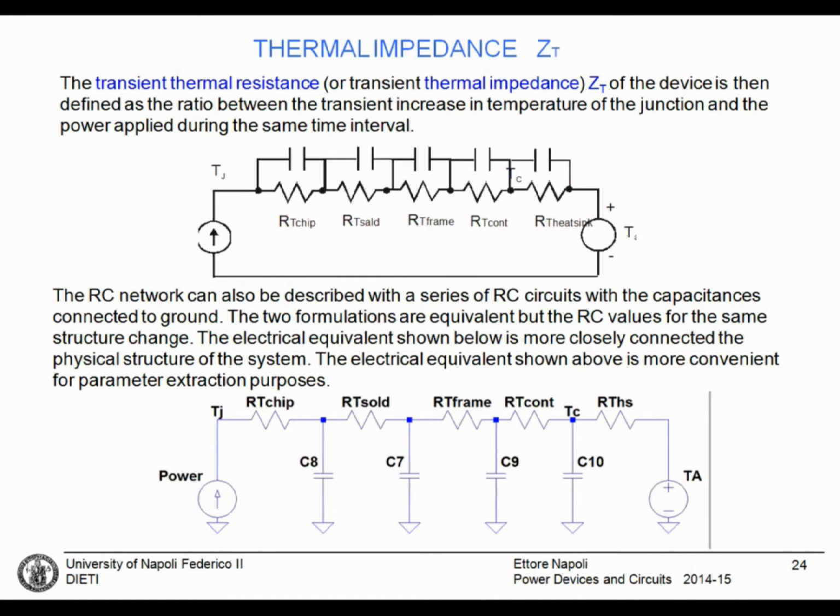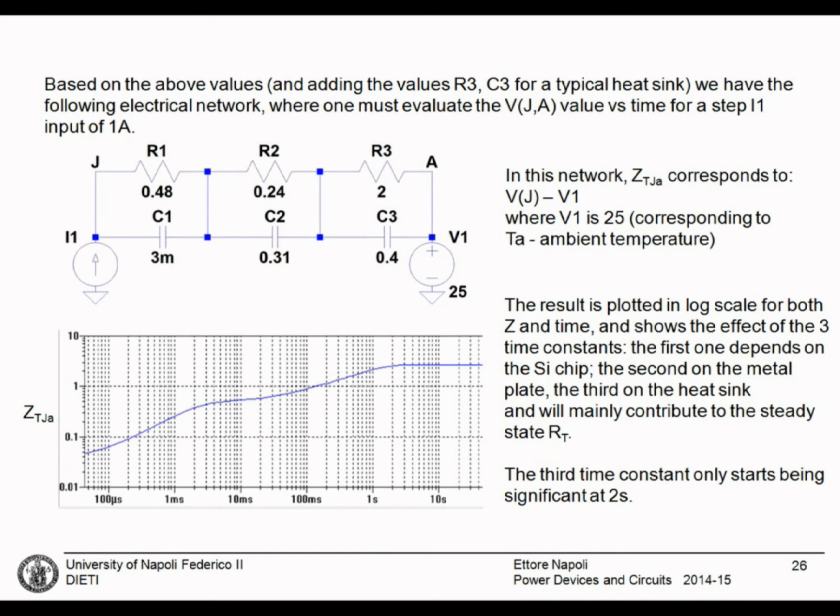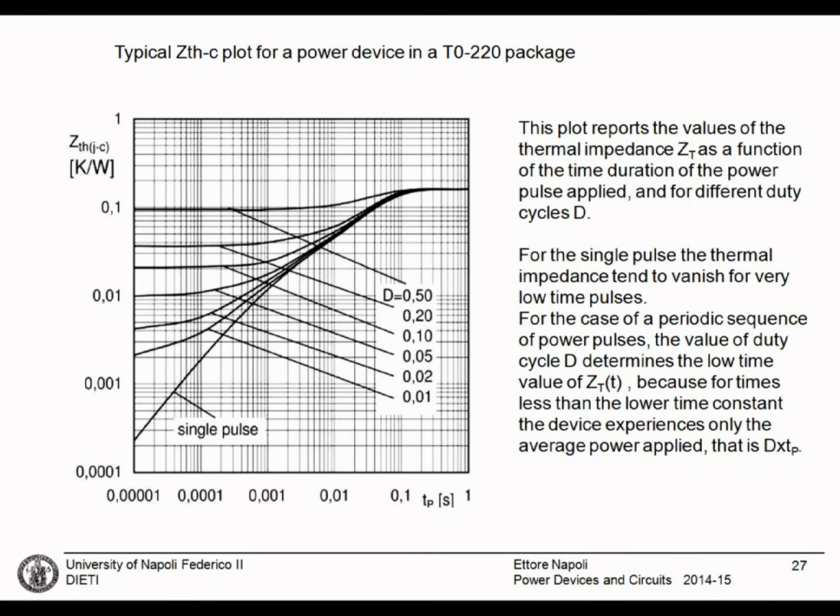The concept of thermal impedance is more adequate to describe the behavior of the chip of the power devices and more closely describes the temperature increase of the junction for the device. The thermal impedance, here shown for a typical case with the chip, metal plate and substrate heatsink, shows a number of thermal constants, and these aspects are then summarized in the datasheets of the power devices, where